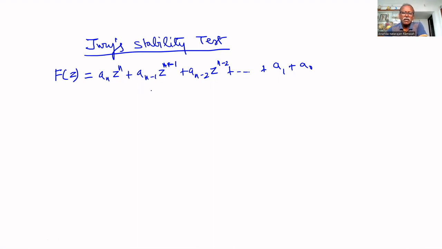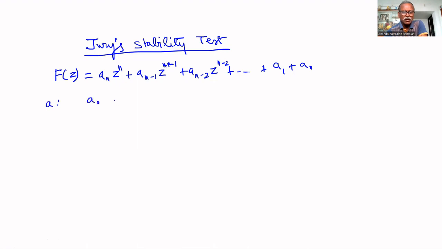In the continuous domain, we check using the Routh array. The first column of the Routh array should not have any sign change. That way we test. In the same way here, in this jury stability test, we have to form the jury's array. For that, we have to start with